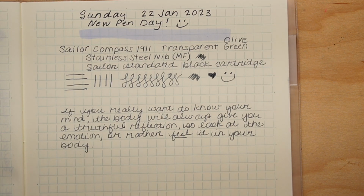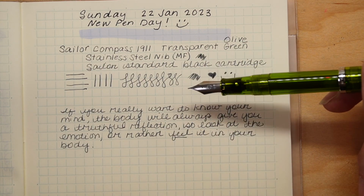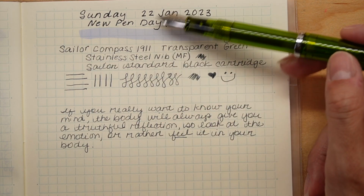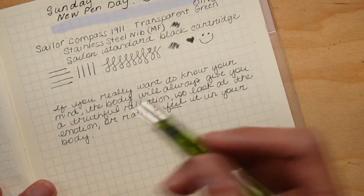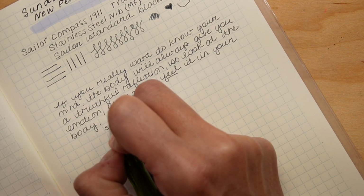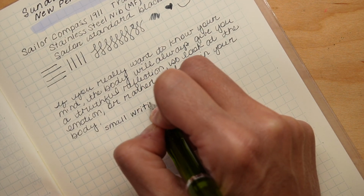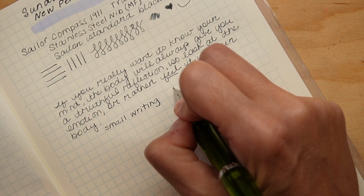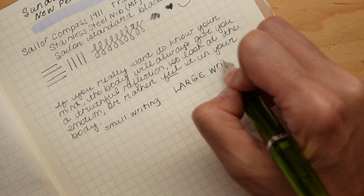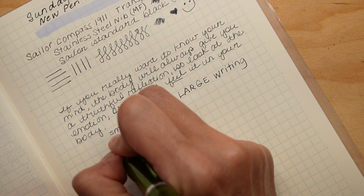So yeah, I think it writes really good. I don't know, I go back and forth between the nib size. I kind of wish this were just more of a medium, so it'd be a little bit heavier like this. But honestly, no, I do like the medium fine because this will allow me to write smaller. And this is large writing. And if I wanted to get tiny,